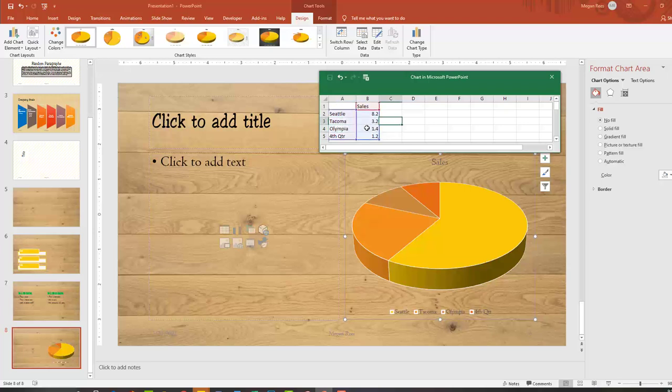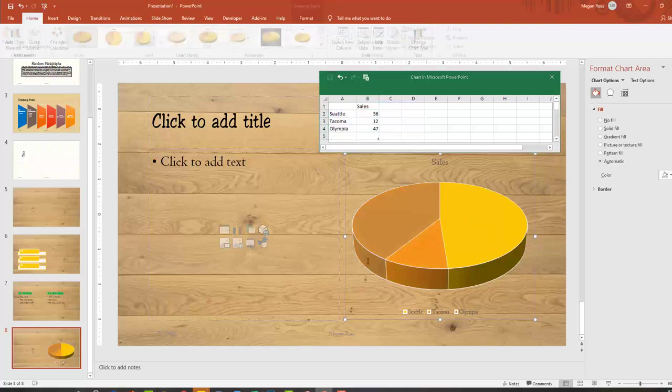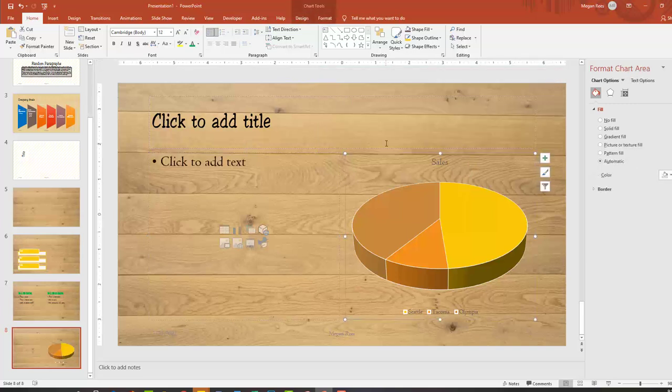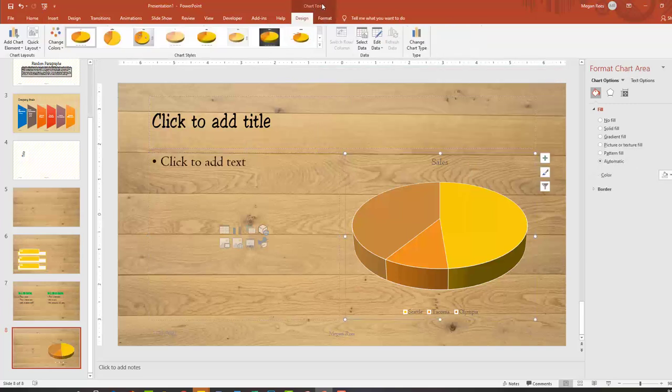Okay. And then I'm like, I don't need fourth quarter. I don't need that one. So I'm literally going to just grab this and pull it up like that. So I'd no longer have that fourth option, because I don't need that. I can delete it out if I want, and then I can put in my new numbers, whatever, to make it look the way I want. Once you've created it, you can close that, and then your chart tools are right here,